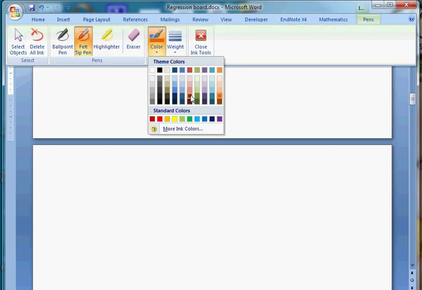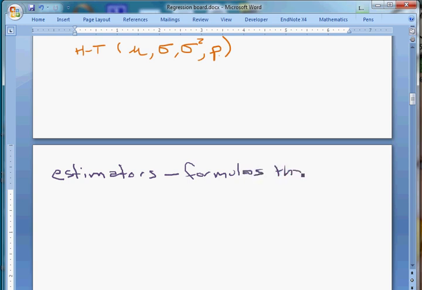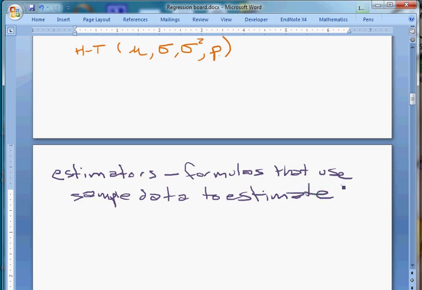So what we are going to do now, just like before, is take advantage of sampling theory. We're going to take samples, and then use estimators to estimate the value of the parameters. Estimators are formulas that generate estimates. They use sample data to estimate the parameters. This hurts my hand, I apologize. That's part of why my handwriting is so terribly vile on this thing. Okay, so we're going to be estimating parameters like so.